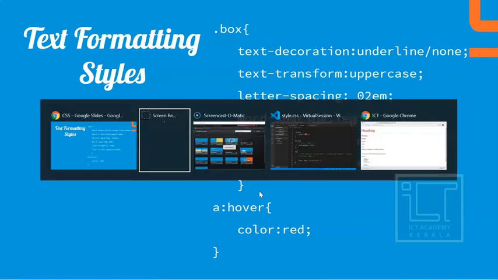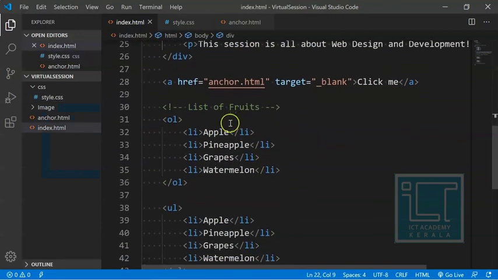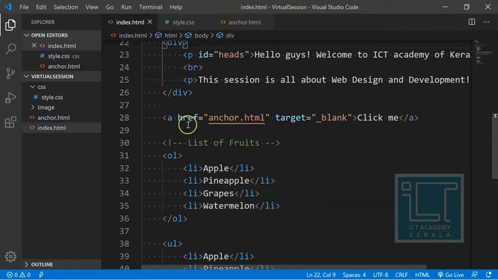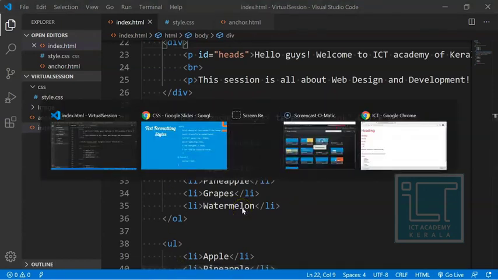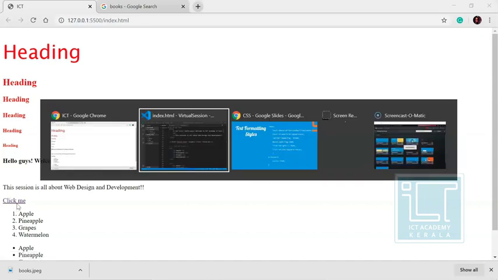First and foremost is the text decoration. Text decoration is mainly applicable for the anchor tags. For the anchor tags, you can see in the output that there will be a line. See, "click me", under that there will be a line. If you create an anchor tag, all the anchor tags will have an underline. If I don't want to see any underline below an anchor tag, because most websites provide a link without an underline,